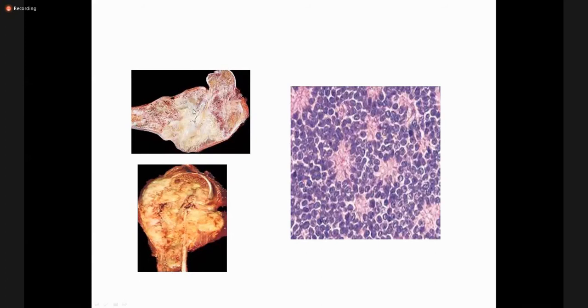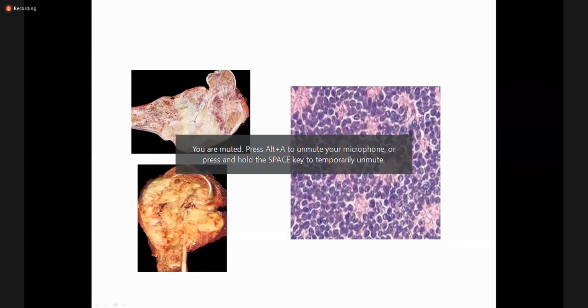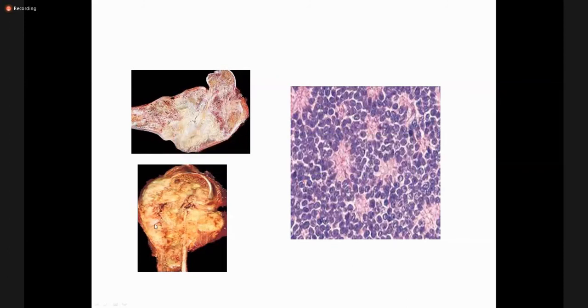You see that gross appearance of the Ewing sarcoma. This is an infiltrative lesion, a pale, white, fleshy lesion in the head of the long bone. Again, there is tumor, and you see the normal bone is destroyed and this whole area is tumor. You cannot identify the rim of the normal bone. Like here is the presence of normal bone, but here is not.